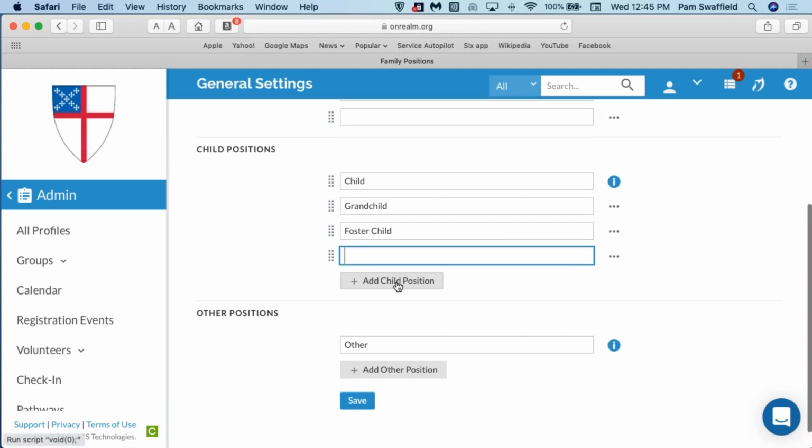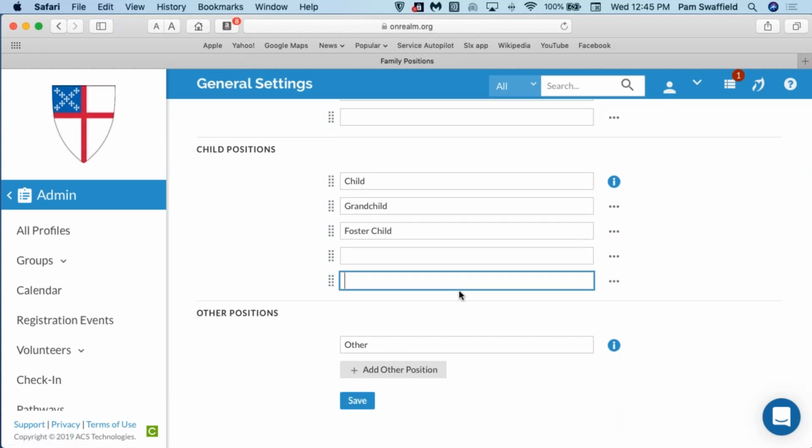is we have the ability in the area of children to have up to 5 options. It used to be in ACS and other databases I'm familiar with that when you had a family, you had the primaries, the primary one, the primary two, and then you had child, child, child, child, depending on how many children were attached to the family. The problem with that was that sometimes it wasn't the mom and the dad bringing the child, it was a grandparent or it was a neighbor or it was a relative, where if you attach the child to them as a child, for all intents and purposes, it appeared as if it were their child, where in a lot of